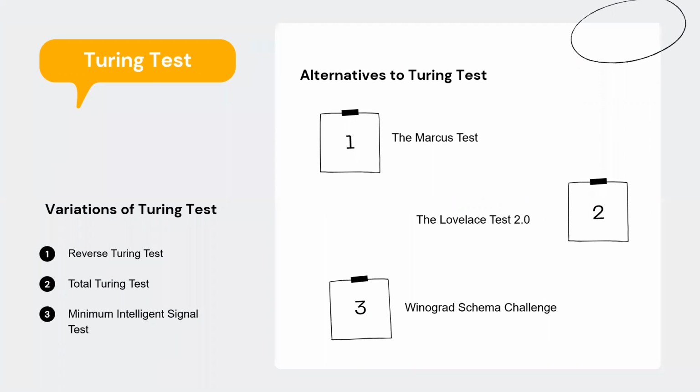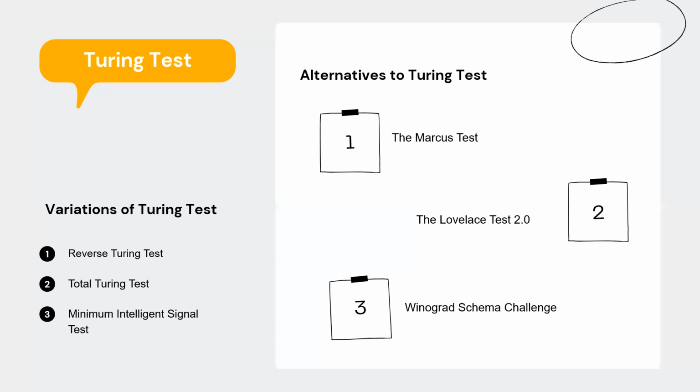There are variations and alternatives to the Turing test. First, there have been a number of variations to the Turing test to make it more relevant. For example, the reverse Turing test, where the human tries to convince a computer that they are not a computer. An example is a CAPTCHA. The second is the total Turing test, where the questioner can also test perceptual abilities as well as the ability to manipulate objects. And the last is the minimum intelligent signal test, where only true or false and yes or no